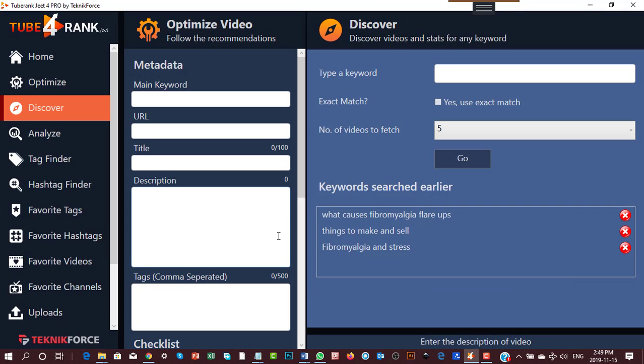So let's forget about the bump on my brain comes out of gear. So TubeRank 4, sorry, is a paid thing. You can see what I've done here. Fibromyalgia and stress, what causes fibromyalgia flare-ups. I don't know if this does anything if I click on it. I'm supposed to know what's going on in here. I'm not so good at being efficient with software and stuff that I buy, my bad. Okay, so let's just go to this. My main keyword is what causes fibromyalgia flare-ups. I really wish...